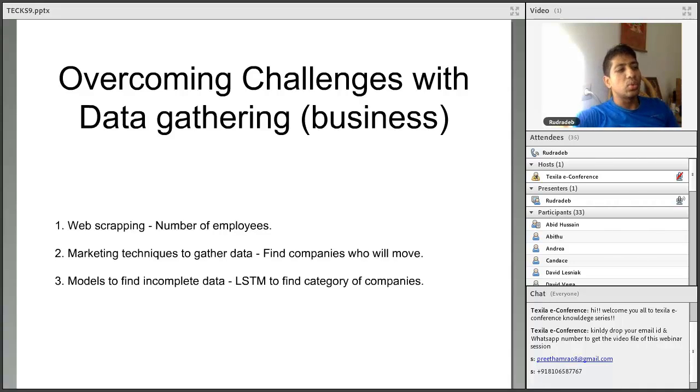So what we did is we trained an LSTM with the name of the company. Now, the order in which the words appear in the name ended up defining the category of the company quite well. And in a way, you can intuitively understand that it makes sense, because